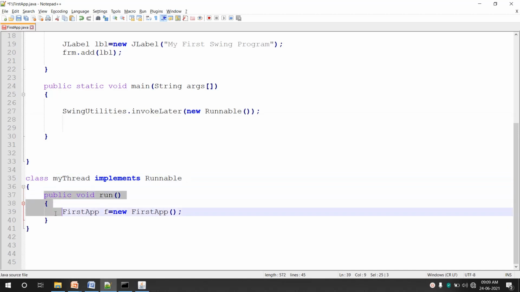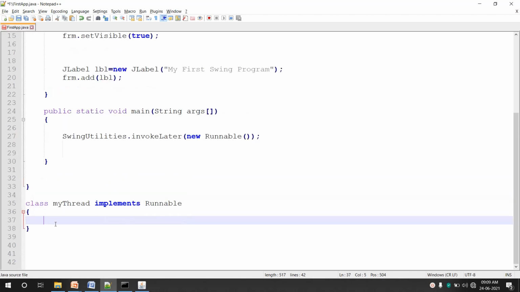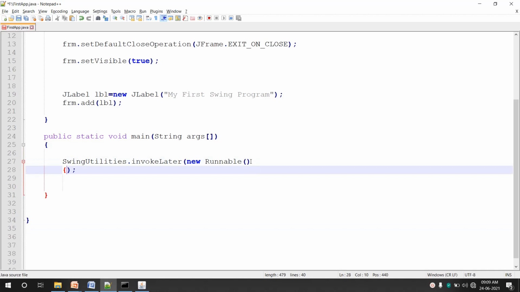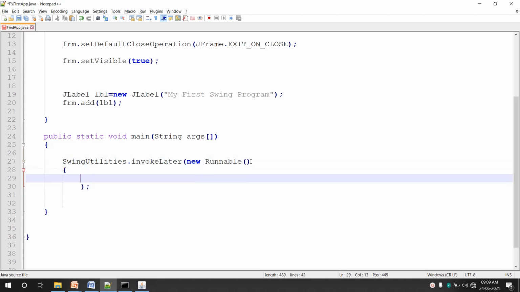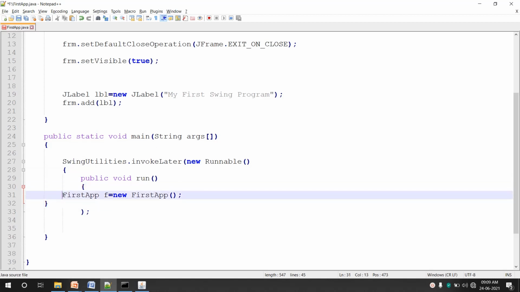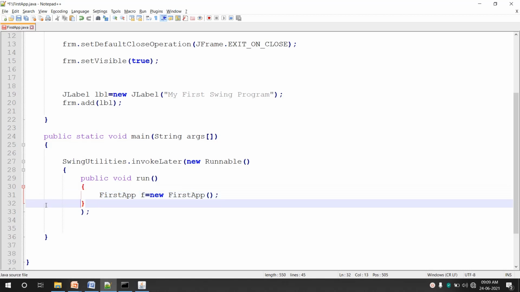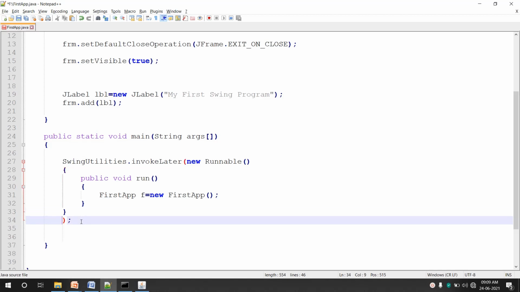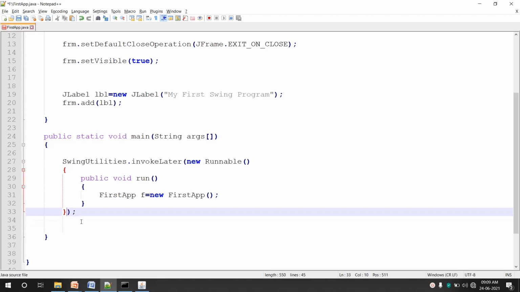I'll just include it directly here. We have done the same thing but by using an anonymous inner class. Okay, so that's it.